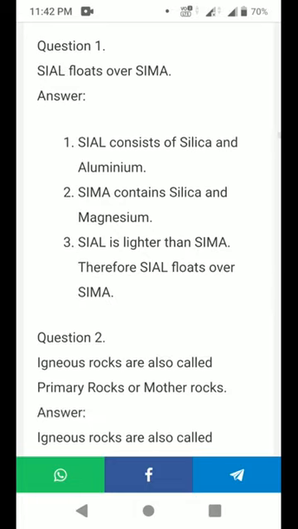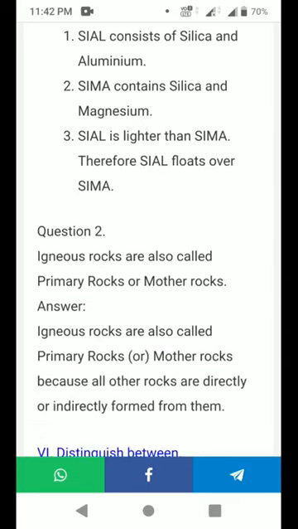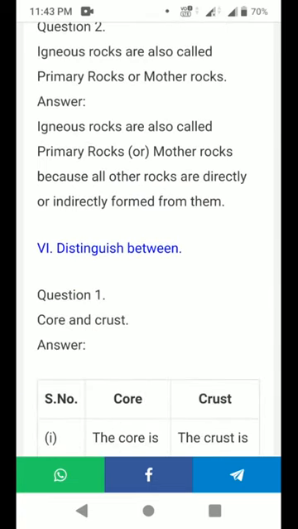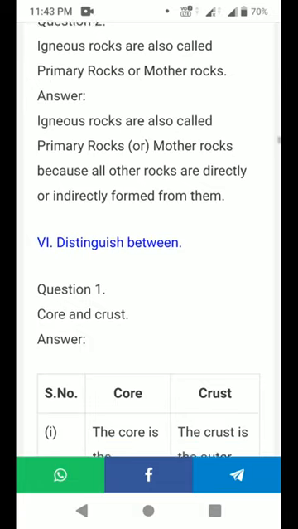Answer: Sial consists of silica and aluminium. Sima contains silica and magnesium. Sial is lighter than Sima, therefore Sial floats over Sima. Next, second question. Igneous rocks are also called primary rocks or mother rocks. Answer that. Igneous rocks are also called primary rocks or mother rocks because all other rocks are directly or